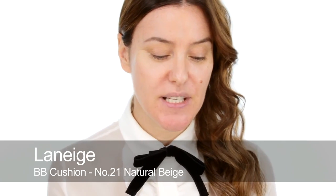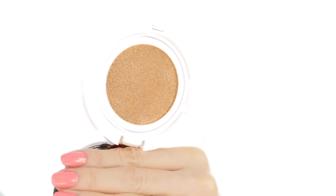So products like BBs obviously are huge, and lots of them come in cushion formats, which are compacts that enable you to carry around liquids, so foundations and BBs and CCs and all of that, but in a compact format, which is just great. I'm going to use this one by Laneige, which is a BB, and by cushion it just means that there's an actual cushion which the liquid comes through. So you dab into the cushion, and they usually come with sponges. You could use fingers,